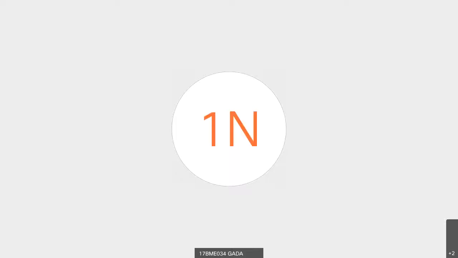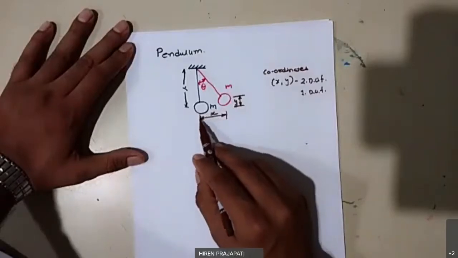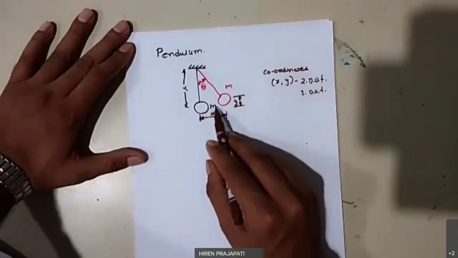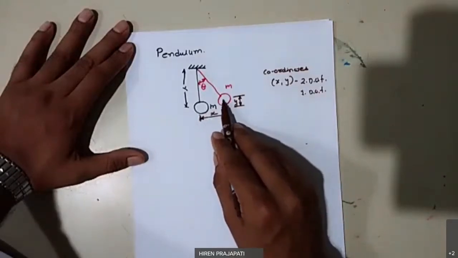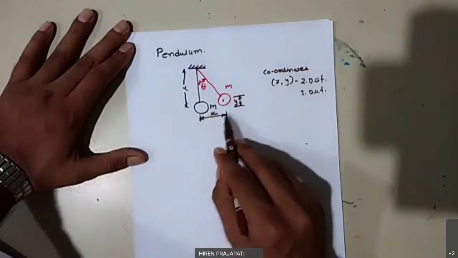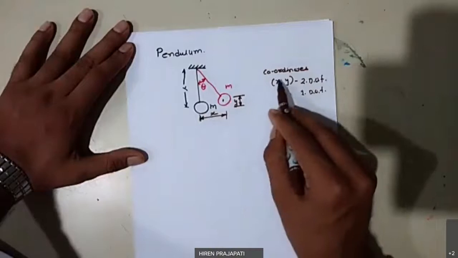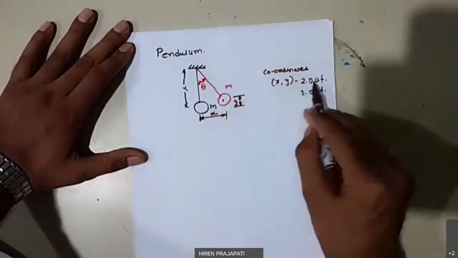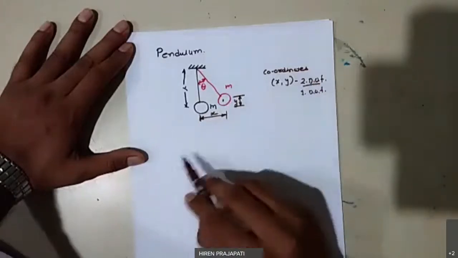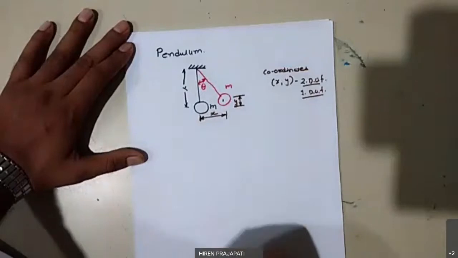Now see, this is the original position of mass earlier without any disturbance. So this is equilibrium position. Now we are giving initial angle theta. Now to define new position of mass, you require x and y, two different coordinates here. So if two different coordinates are required to define position of mass, then that is called a 2 degree of freedom system. But still pendulum is considered as a 1 degree of freedom system. Why?